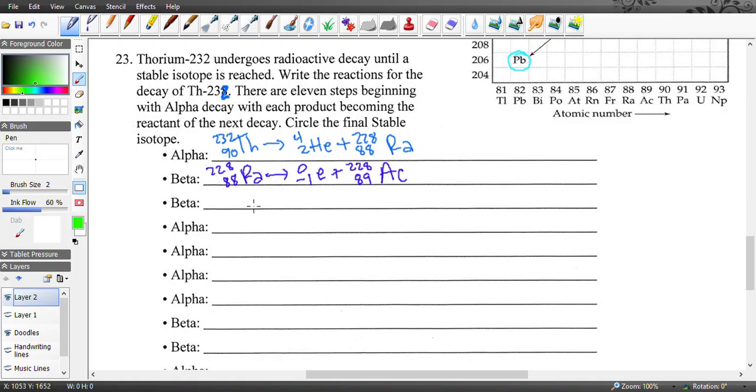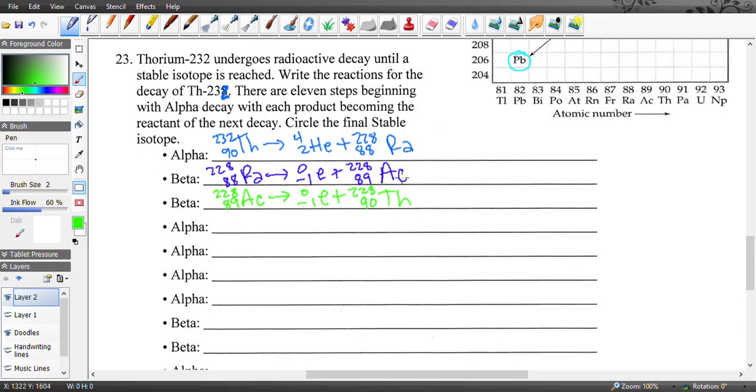And I'm just going to keep changing colors. 228, 89 Ac. Let's go another beta, -1 e, plus 228, 90, and 90 is going to be,